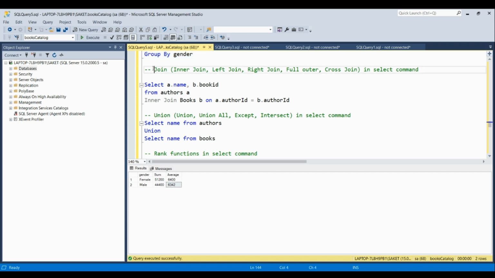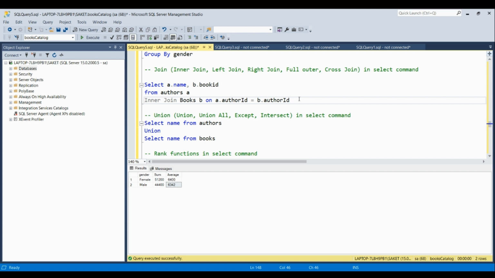The next is joins and unions. There are many types of joins like inner join, left join, right join, full outer and cross join, but we will discuss them in detail later. For now we'll see how to use any one type of join.